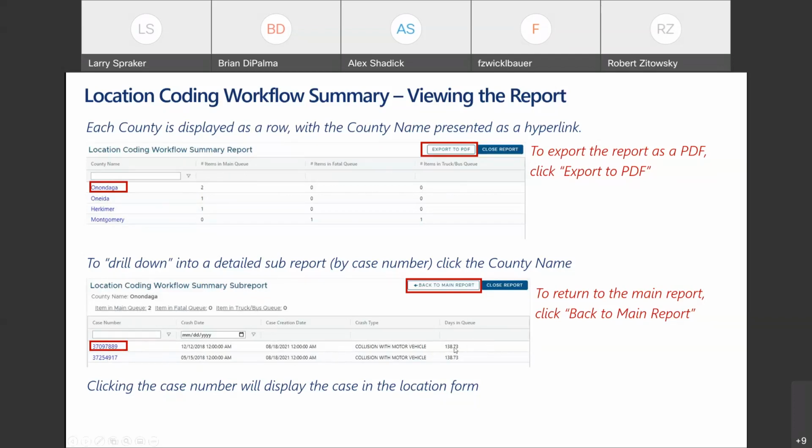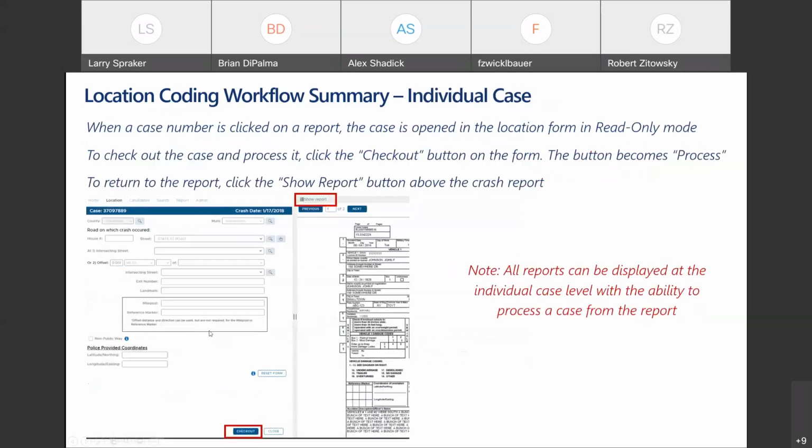How many days it was in the queue, and don't go by our development servers here. We're messing around with the data all the time, but you'll see that this is all that, and this case number is actually a hyperlink that takes you to the location form if you want to view or optionally reprocess this. So when you get to the next, this last little slide that I want to show you is,